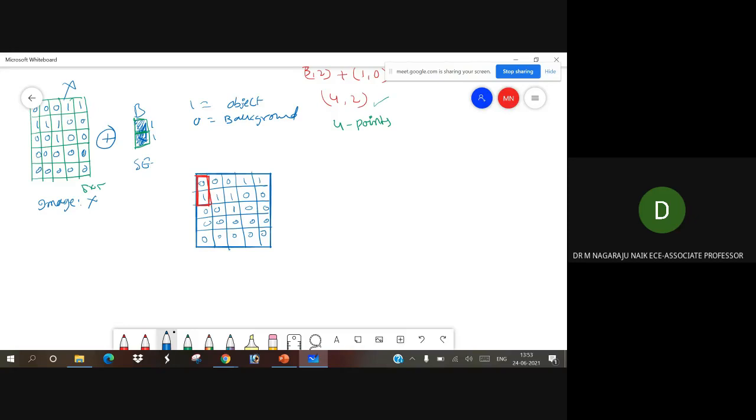It is a mismatch. A mismatch means you should not consider this point. So the same value it will retain. One is matching, but this is a mismatch. So you should not consider that. Both should be overlapping with the origin.